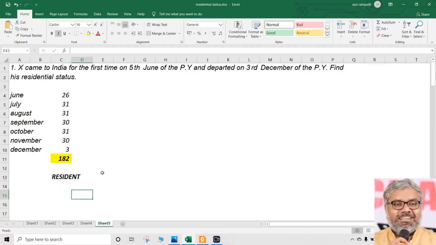This guy is resident. But can we say that is enough? We will stop there. Some of you would have stopped there, telling that he is resident. That is the wrong answer. Any individual's residential status cannot stop with the word resident. It has to be resident and ordinarily resident, or resident but not ordinarily resident. So it is very easy here to note what kind of person this is. Resident, yes, for sure. But is he ordinarily resident? We have to check. Was he resident in India? What are the conditions?